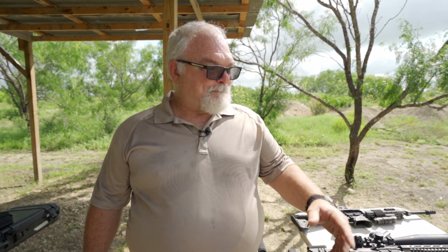It's a great suppressor. The reason we're not out at my regular shooting range on my property is because my SilencerCo suppressor is in jail right now. I can't get it until the stamp fee goes through, and hopefully Texas will be remedying that soon. But that being said, here we are on a hot, humid summer day in Texas, and I feel like I'm swimming through the air. So we will break open the SilencerCo